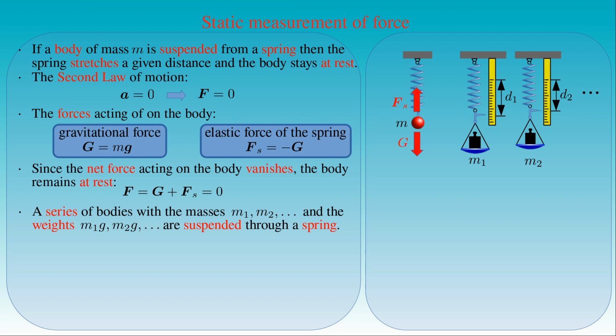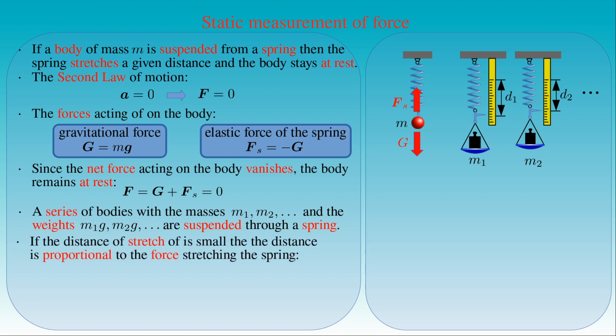Here the distances of the stretch are denoted with d1, d2 and so forth. If the distance the spring stretches remains small, then the distance is proportional to the force stretching the spring, that is d1 is proportional to m1 times g, d2 is proportional to m2 times g, and so forth. The proportionality between the distance the spring stretches and the weight of the load suspended from the string can be